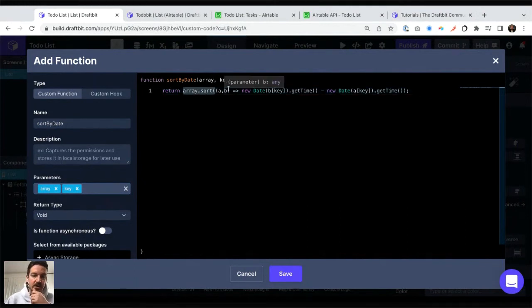That's a function. And the function is going to take two items in that array, and it's going to say, okay, which one should go first? In order to decide that, it's what that thing results to. So in our case, it takes those two items. It's going to take the specific part, that created time value. That's why we're passing in the key, because that's the specific key you want to get. It's going to turn that into a date. It's going to do the same thing for the second item. It's going to look at them and decide which one comes first. So that's what that minus is in the middle. That will make sure that it orders things.